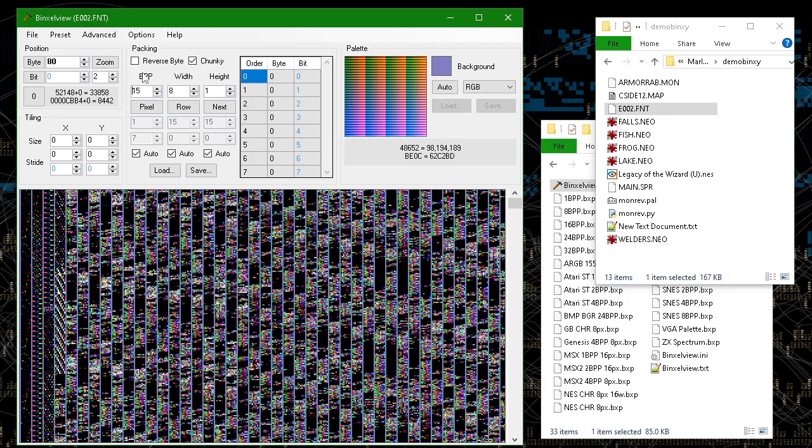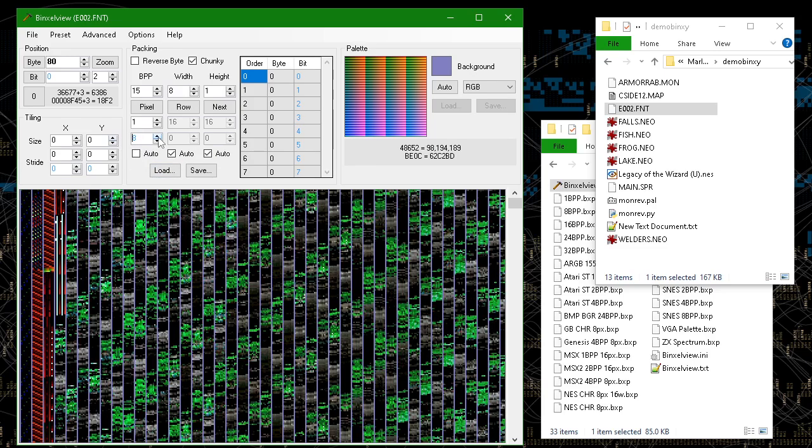I determined that it was a 15 bits per pixel color format. However, 1 byte plus 8 bits, or you could say 2 bytes, I actually want things 16 bits apart. So we're just ignoring 1 bit, and that bit might be transparency or something. We can't really visualize that well with the tool, but when I did this, I got colors that looked a lot like colors that you'd see in the game. Like these started to look kind of interesting,